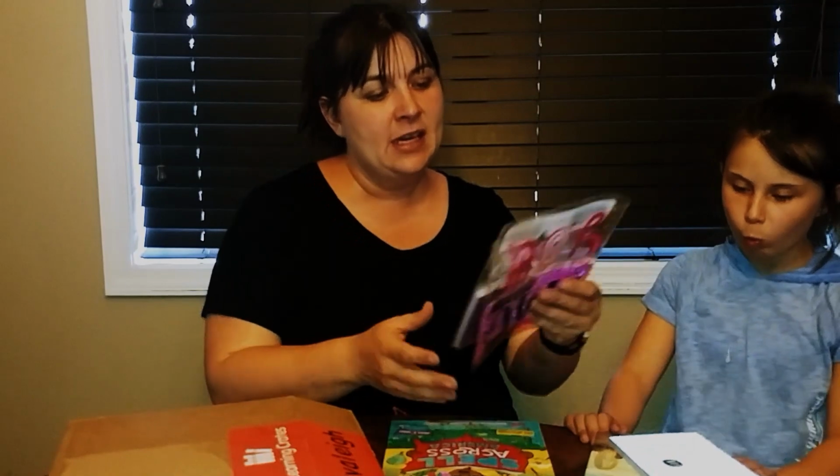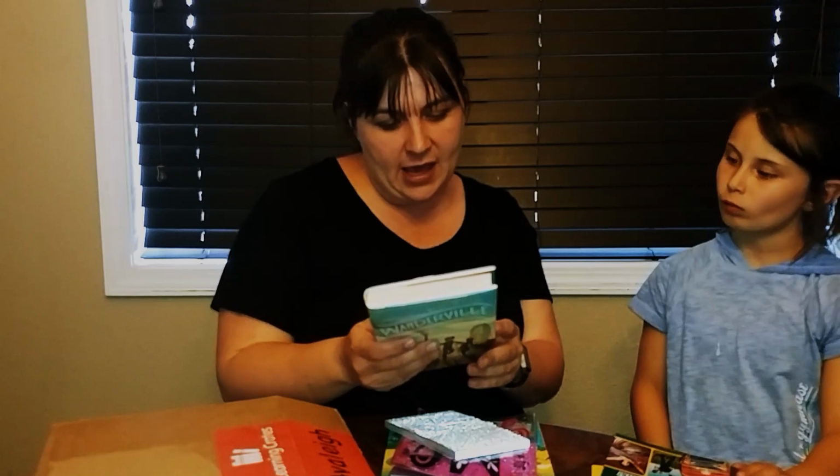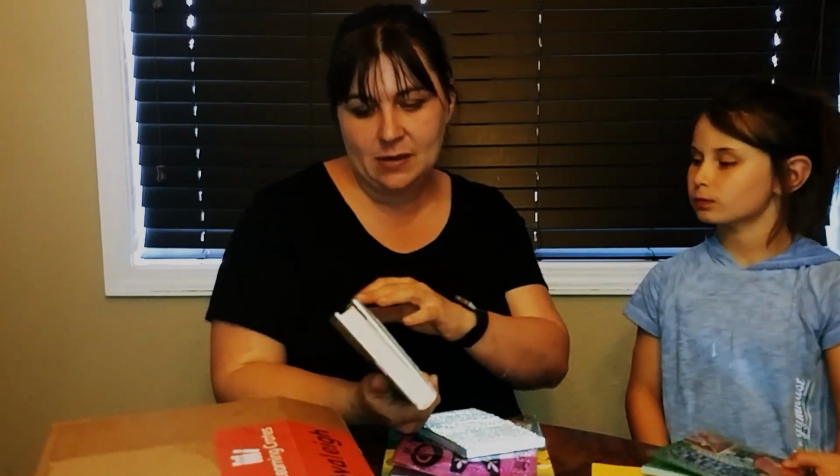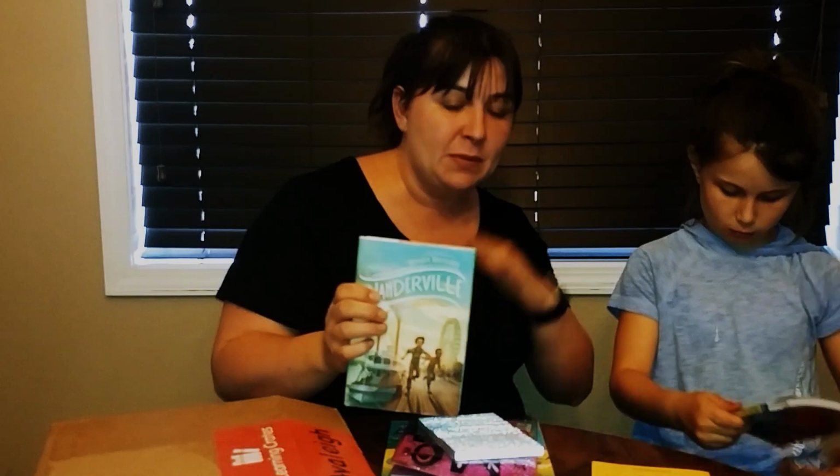So this book is marked U.S. $17.99. So I'm just going to do a quick add up on the ones that have prices. And then this one is $10.99, so like $11. So that's, say, about $34. So we've almost paid for the box at that point. And then this one, I don't see a price on it. Oh, you missed it. Oh, it's right here. Don't close it. It's right here. So this one's marked at, nope, that's just the bar tag. So this one's marked at $16.99, so that puts us over that